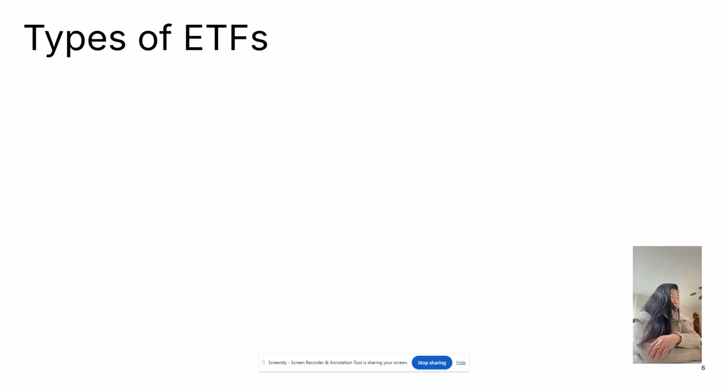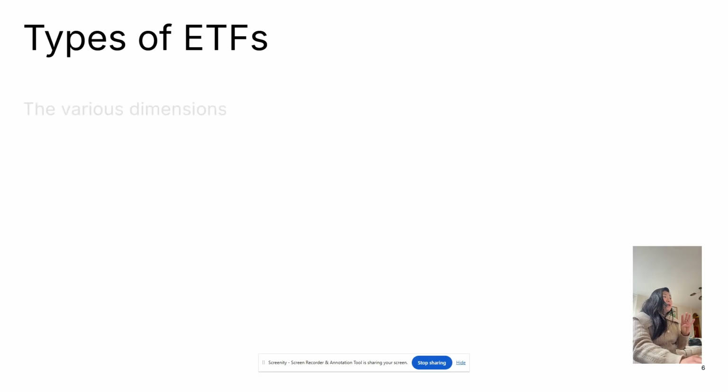Because ETFs were launched in 1993, and when there's money involved, people get very creative, there are a lot of different types of ETF, and ETFs are constantly evolving. There are always new ETFs that come out in the market. So instead of telling you the different types of ETF, I will give you a framework for understanding them. With that framework, you can start assessing how risky or worth buying a certain ETF is. And this framework is basically 4